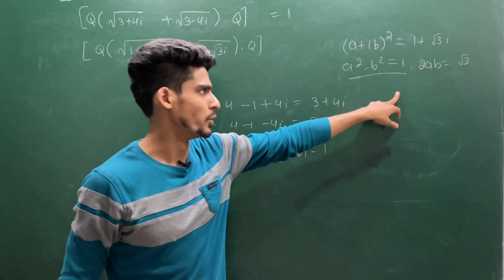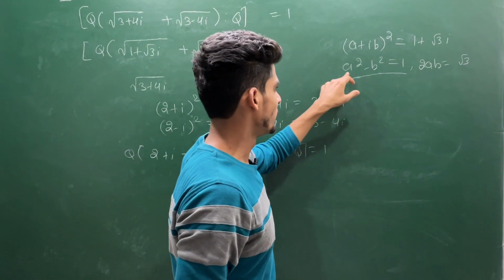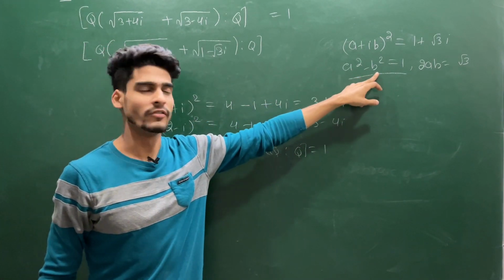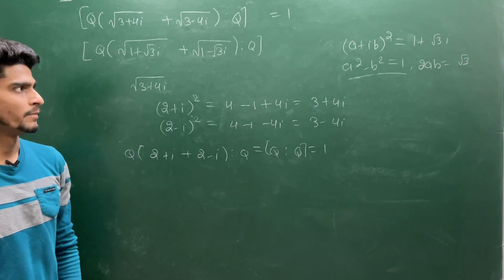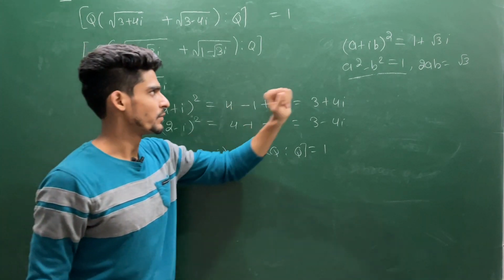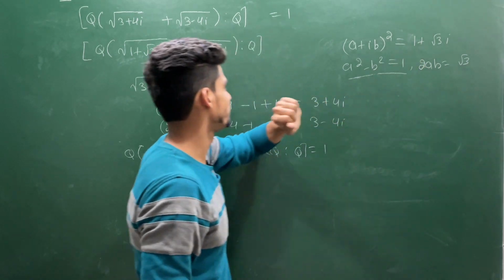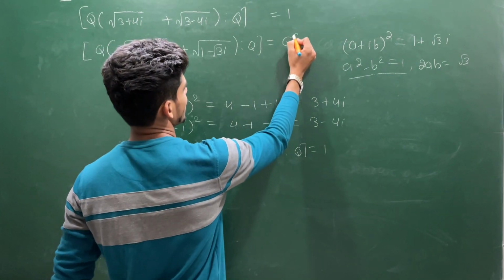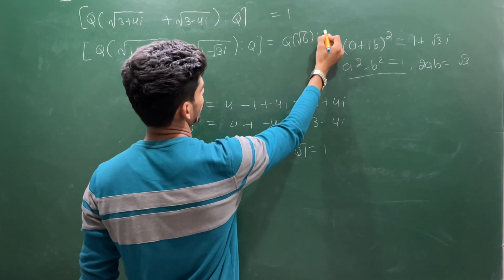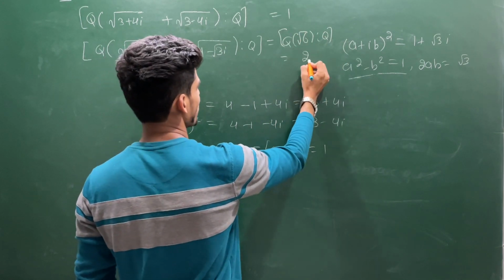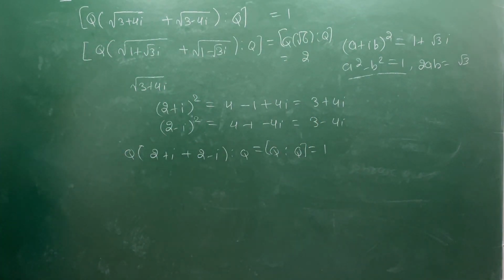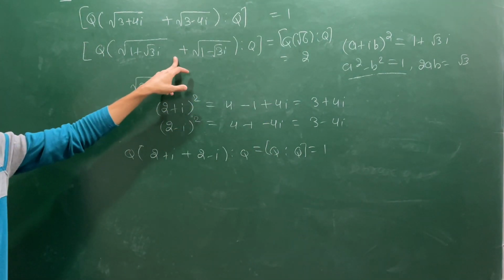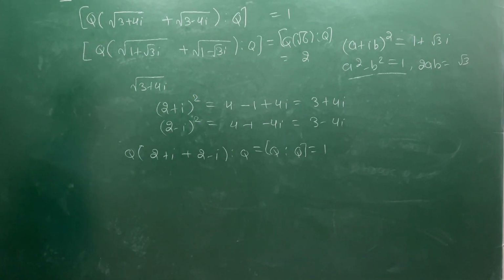So solve this equation, put your value of b into this and find the value of a. Then you may have more than one value of a and more than one value of b. You choose any one which you like. So you choose your values accordingly. Then from here you will get a square of this element. Similarly find the square of this element, and you will actually find this is exactly Q adjoin square root of 6 over Q. So the degree of this extension will be 2, because this is a quadratic extension and this is a real quadratic extension. It is looking complex, but it is going to be a real quadratic extension.